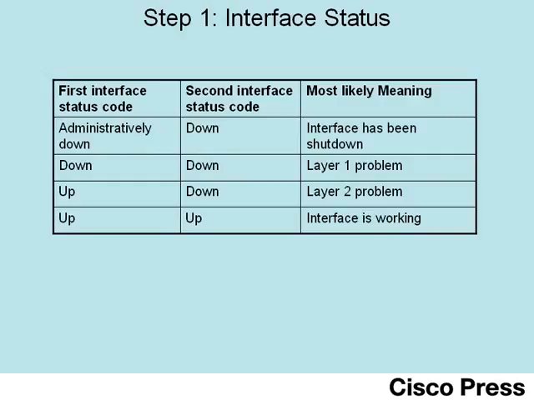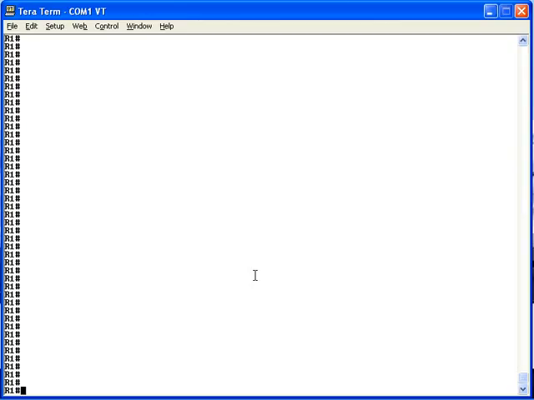So, as you can see from the table, the first status code relates mostly to layer 1 issues, and the second status code relates mostly to layer 2 issues. Because of that, it doesn't make sense to see a status code of down and up, meaning layer 1 is down but layer 2 is up, because layer 2 can't do anything until the underlying layer 1 facility can pass bits. This step begins with both R1 and R2 fully configured, except R1 has a shutdown command on its serial